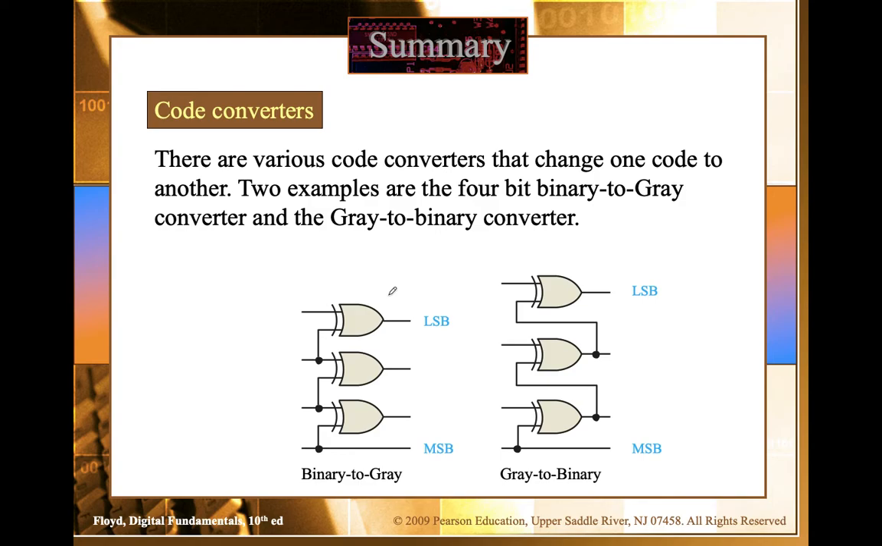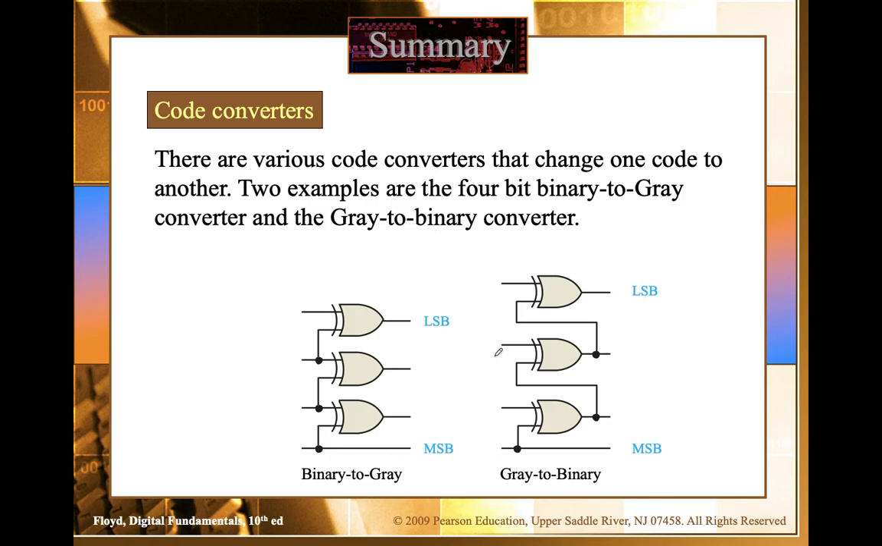Now, another type of encoding is where you convert between different types of codes. There are two examples: a 4-bit binary to gray converter. If you remember gray,